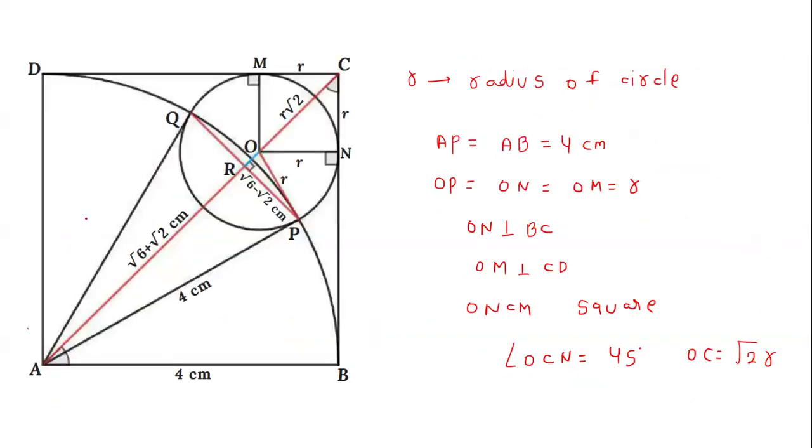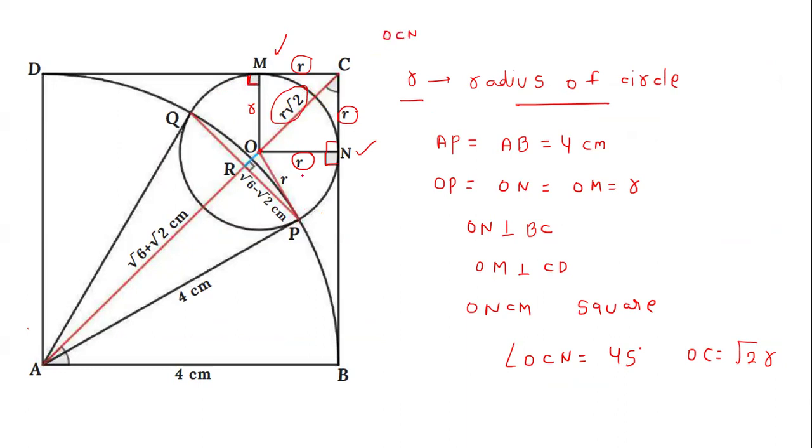So you see this figure. Here I assume R is the radius of the circle, and let's say this is the center of the circle. If I draw a perpendicular from the center to the tangent, this is a 90-degree angle, and here it is touching at the point M. This distance is r, this distance is r, and this distance is also equal to the radius, and this is the diagonal of the square, which is root 2 times r. You can calculate it by Pythagoras theorem.